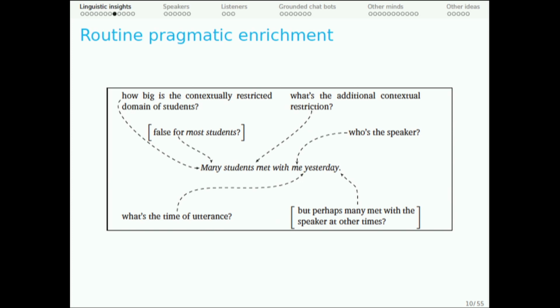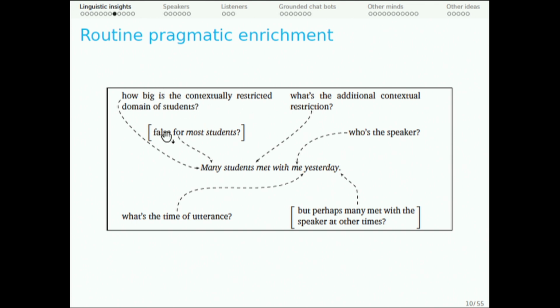And so here, just to summarize this, I have this fairly mundane statement: many students met with me yesterday. And in an informal way, I just highlighted all of the ways in which, to understand that expression, you need some grounding in the physical or the social context. So like,